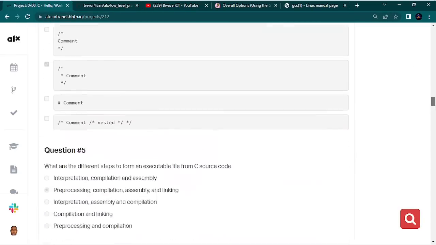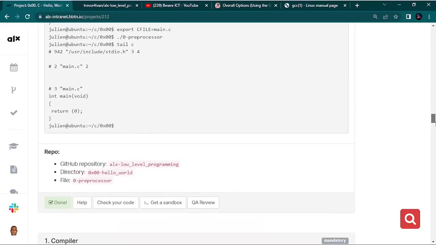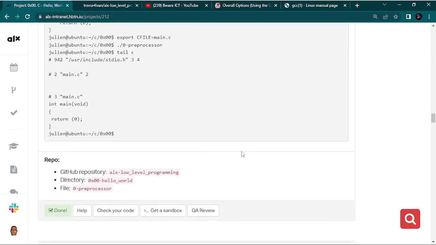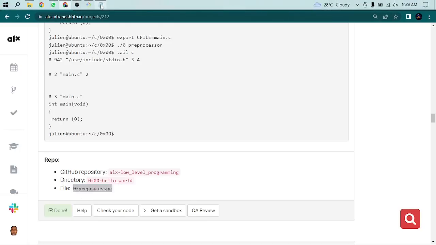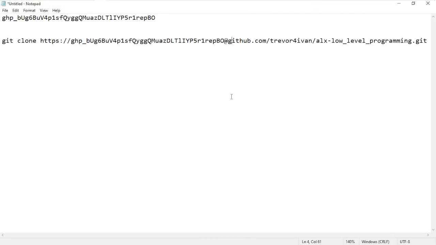So with that in mind, let's go ahead to start creating the files. Now our file 0 is preprocessor. And so we could create all of these files individually, but that would take a whole lot of time. So what I'm going to be showing you now is a method to create all the files using just one command. I'm going to come to my notepad here and